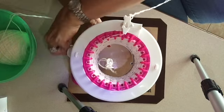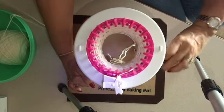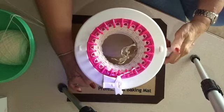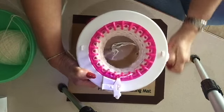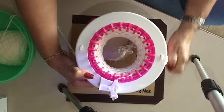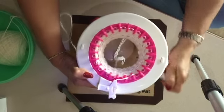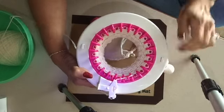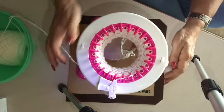Maybe I can hold the tension here and have better luck. Oh yeah, look at that. Now so far, yeah, there's a little snag here and there. But actually, so far, I mean, this is $19. And best I can see, it hasn't skipped a stitch yet. There's something that happened there. But again, this is a sock